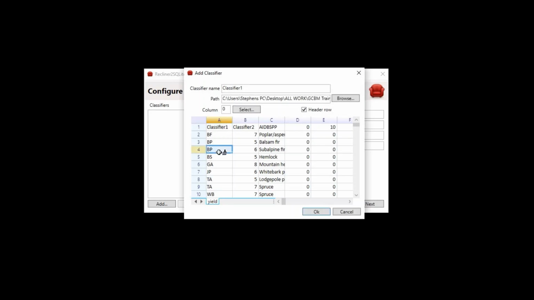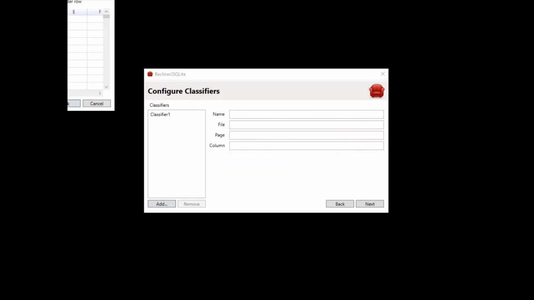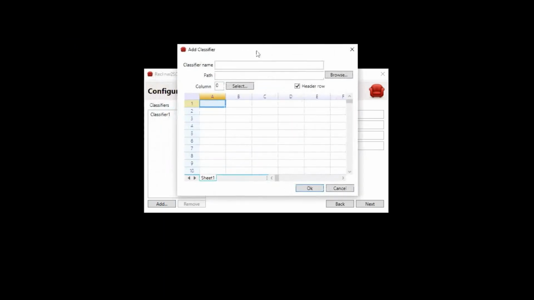Next, the column of data associated with classifier 1 will need to be identified. To do this, click on the Select button and click anywhere in column A. The last step is to specify whether or not the input data includes a header row using the header row checkbox. A checkmark indicates that it does, and it will be checked by default. In this case, the data does contain a header row, so it can be left as is, and the OK